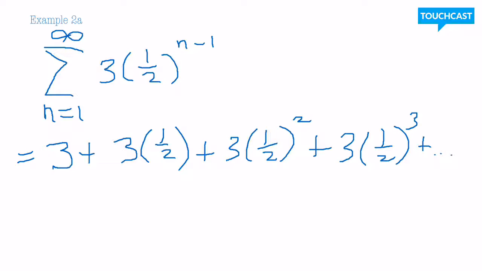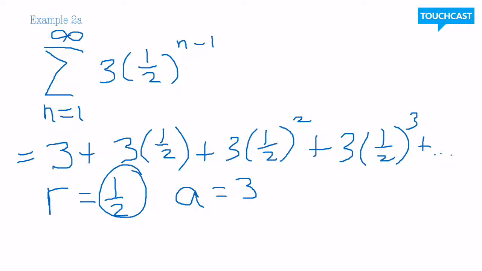So what we want to do here, especially now at the beginning, our only tool in our tool belt really is if we can decide if a series is geometric or not. But it does seem that in this case, the series is geometric. The number I'm multiplying by every time, so in this case my r equals 1/2, and a, which stands for the first term, I can tell is 3. So this series is geometric, so it will converge as long as r is in between -1 and 1, which it is. 1/2 is between -1 and 1, and it will converge to a value of